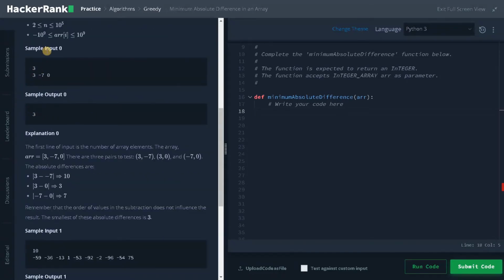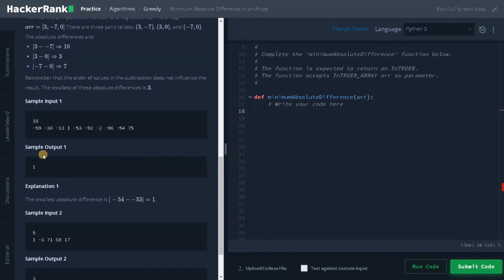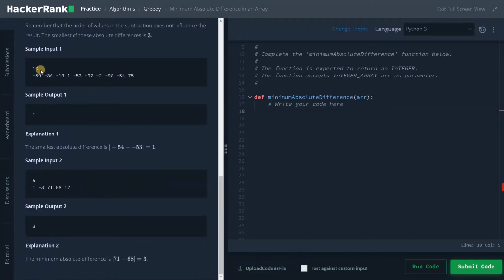Here we have a sample input. We have 3, minus 7 and 0, and the minimum absolute difference is 3, that is 3 minus 0. In the second sample input there are so many numbers, and the minimum difference is 1.